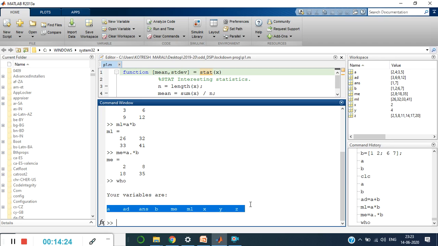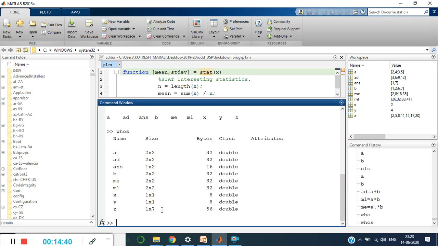Now I want to measure the sizes of these variables. There is one more command called whos. Type enter, and you can see the name of the variable followed by the size of that particular variable.